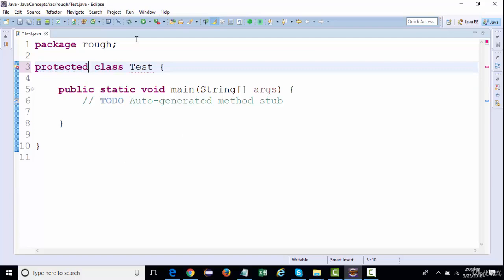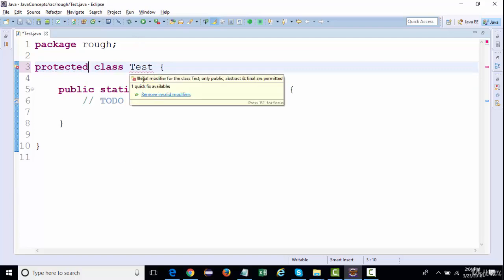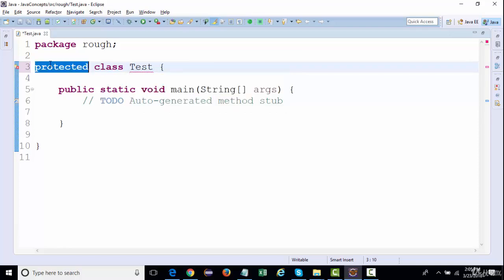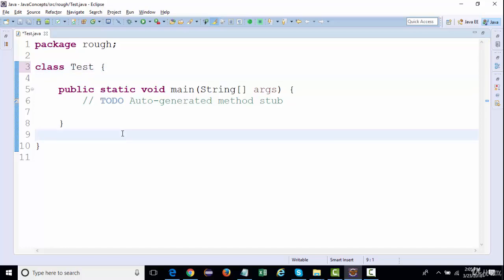I cannot change it to protected. See, we're going to get an error, illegal modifier for the class test. Only public, abstract, and final are allowed, which we're going to look at later on. So the class can only be public, or if I don't give anything, then it will be a default modifier that will automatically be taken by Java.